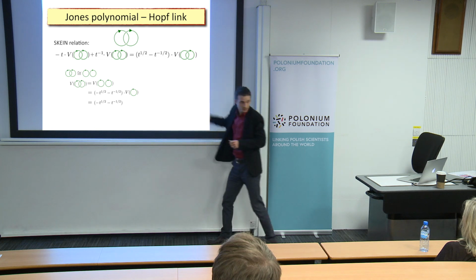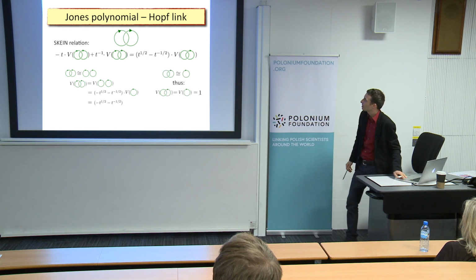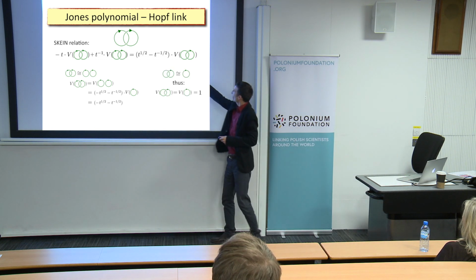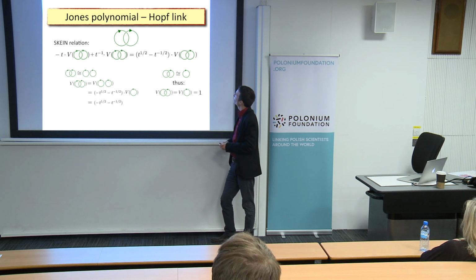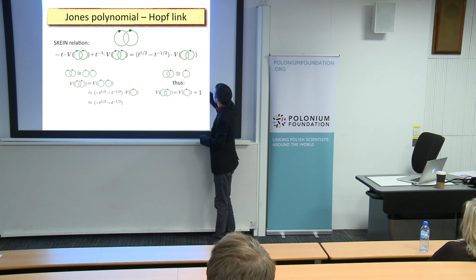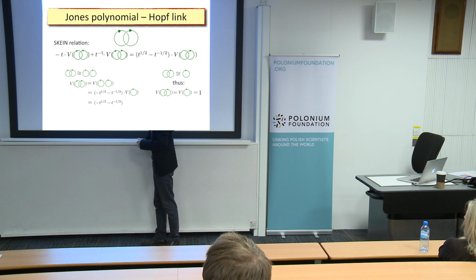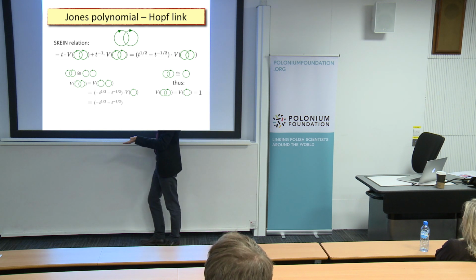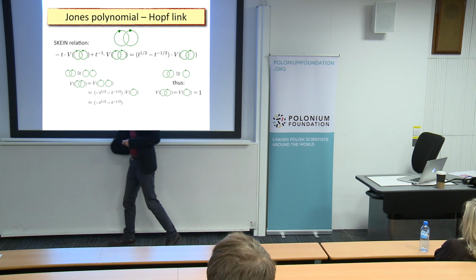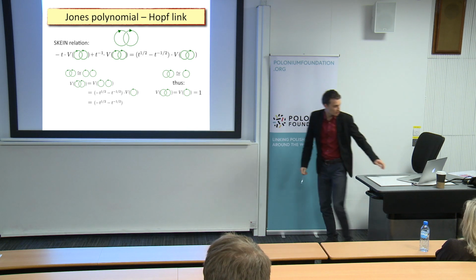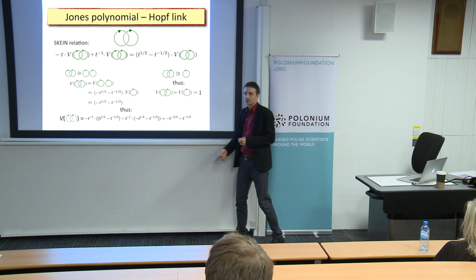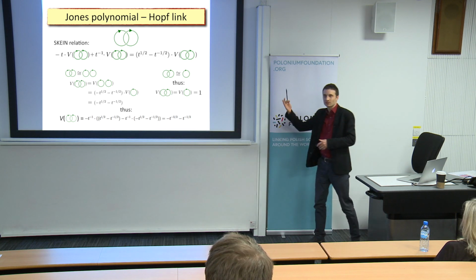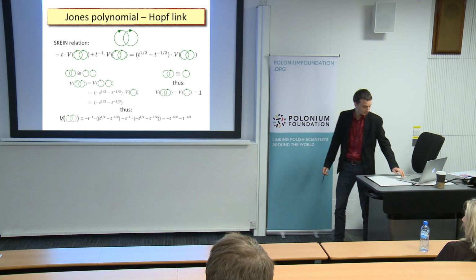And then you can also notice that this thing on the right is nothing but the trivial knot for which this polynomial is also equal to 1. So we know the result for this thing and this thing. And then solving in a simple way this equation, we can find the Jones polynomial for this Hopf link, which if you make a short computation, you get just this result. So this is an example of how it works, and you can do that for any other knot.